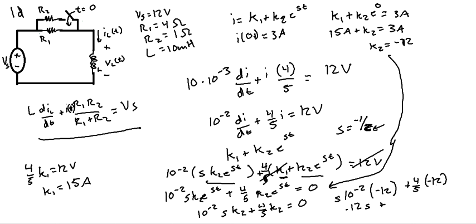Let's see. 0.12 s equals 48/5. Let's get rid of this by multiplying by 0.12. And your number comes out to be